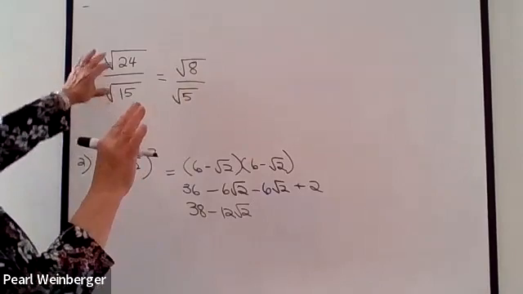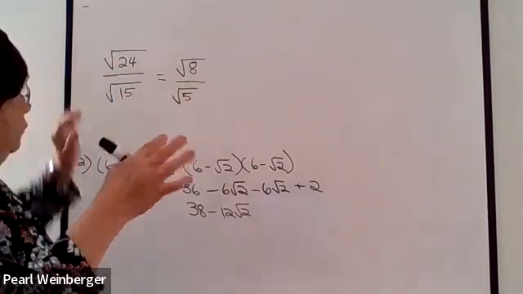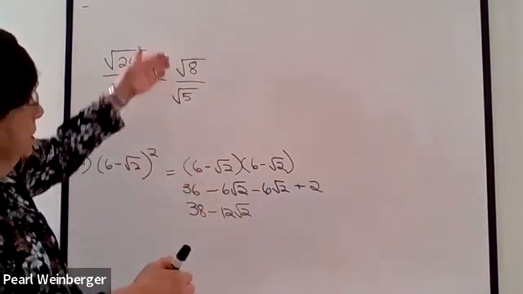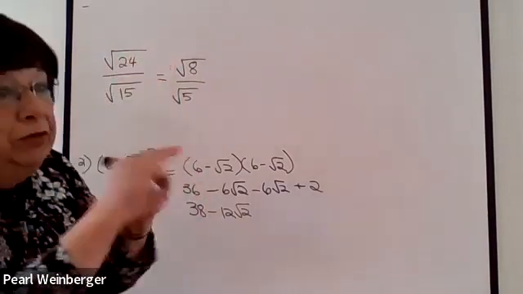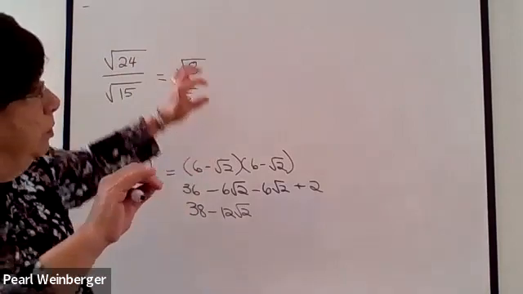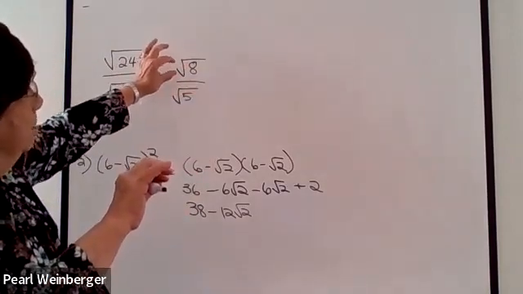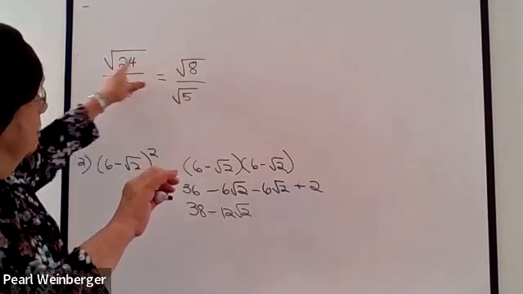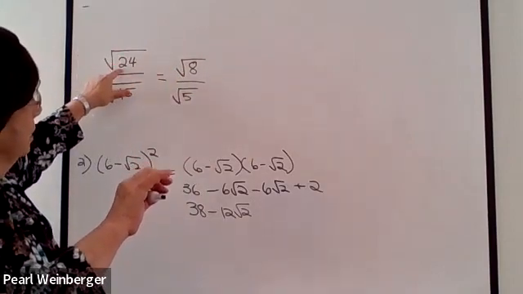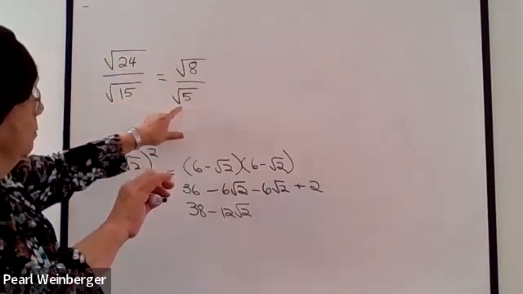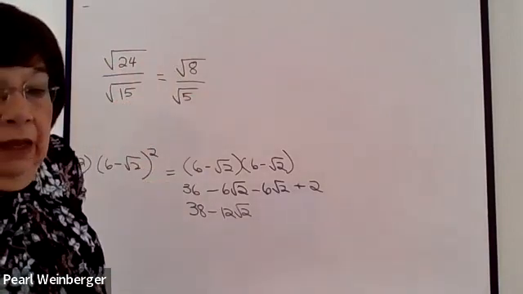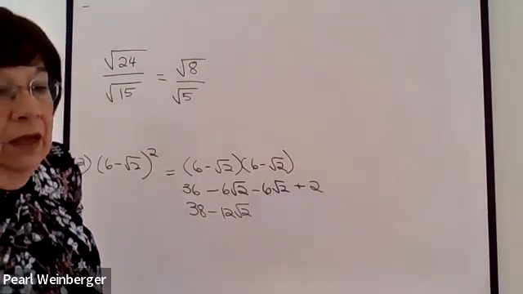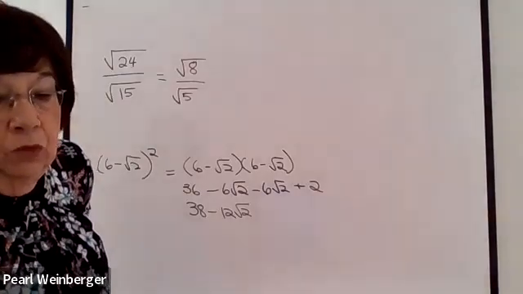In other words, just like I would do 24 over 15 in regular numbers, if they're inside radicals, as long as they're both inside the radicals, I can divide both of them. I'm basically dividing both of them by the square root of 3. So dividing this will give me the 8, and dividing this will give me the 5. And you would say, well, this is as far as we can go. That's it. Except there's a rule